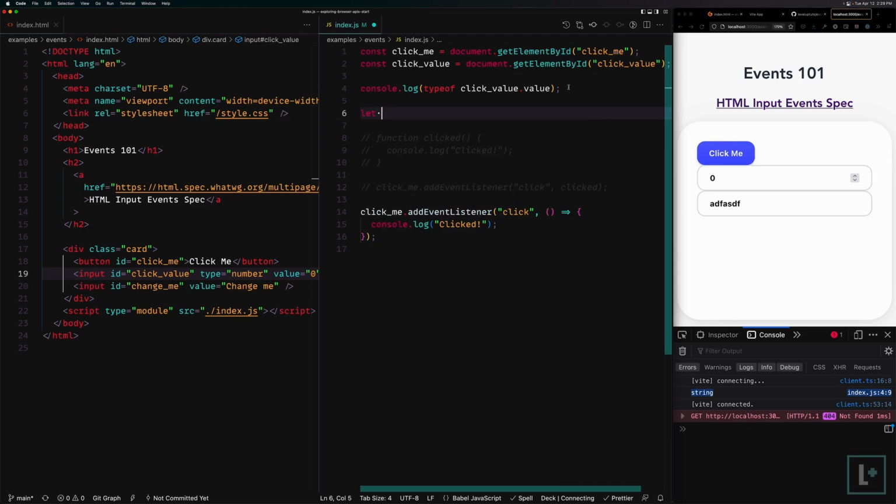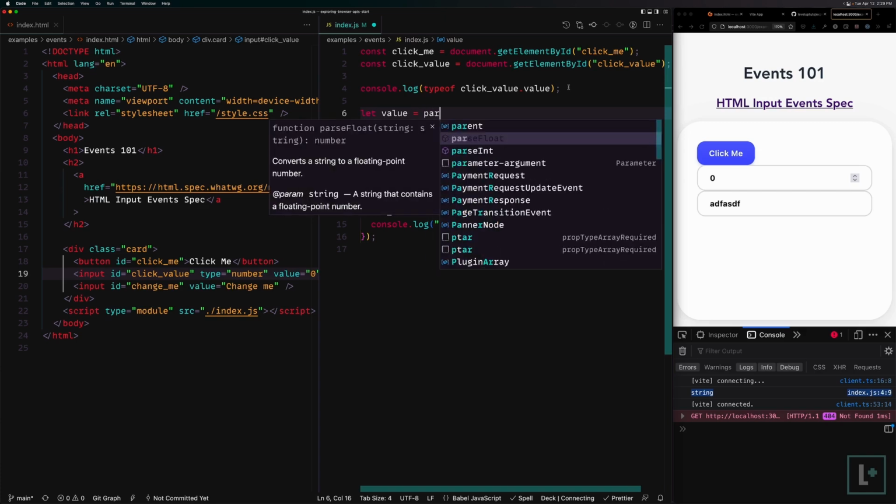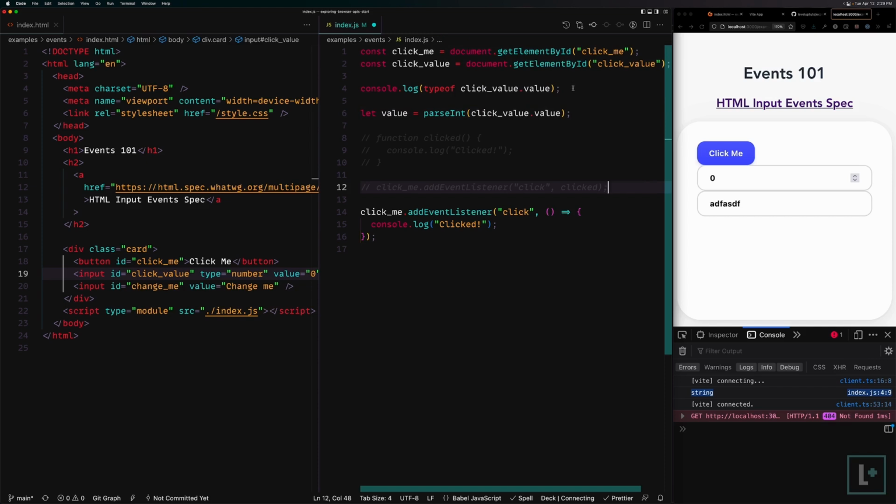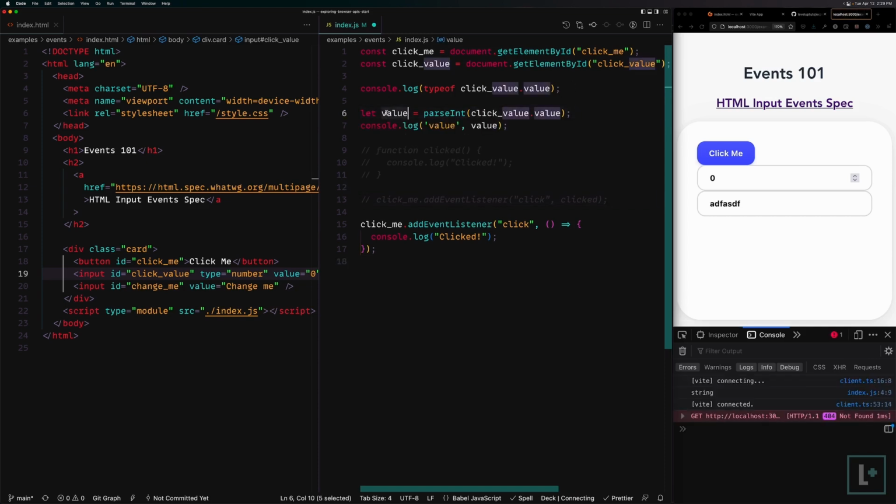So what we can say is let value equal to, and instead of just setting this to 0, we're going to grab the initial value directly from the input itself. That way, if we update it in the HTML, that's the single starting point of truth. Meaning that if we say parseInt click_value.value, we should now see the value if we log